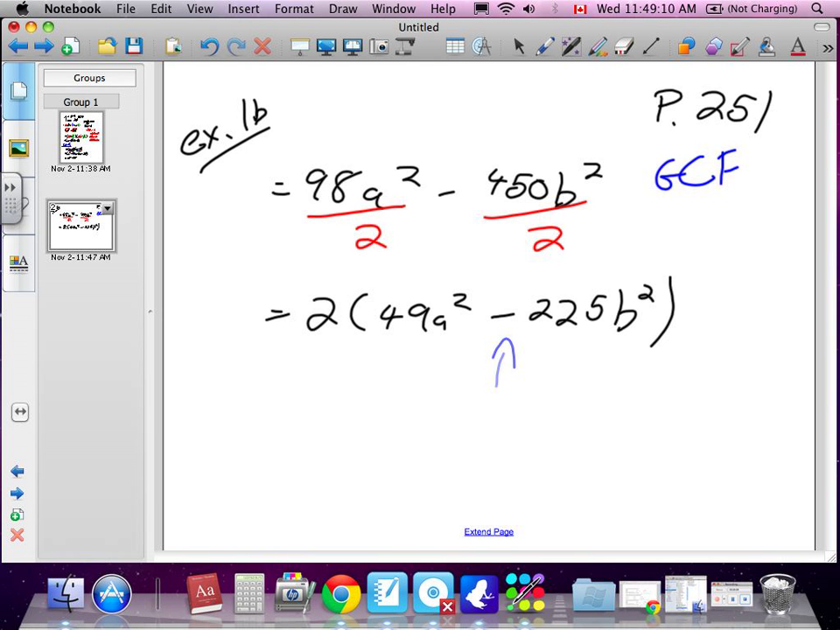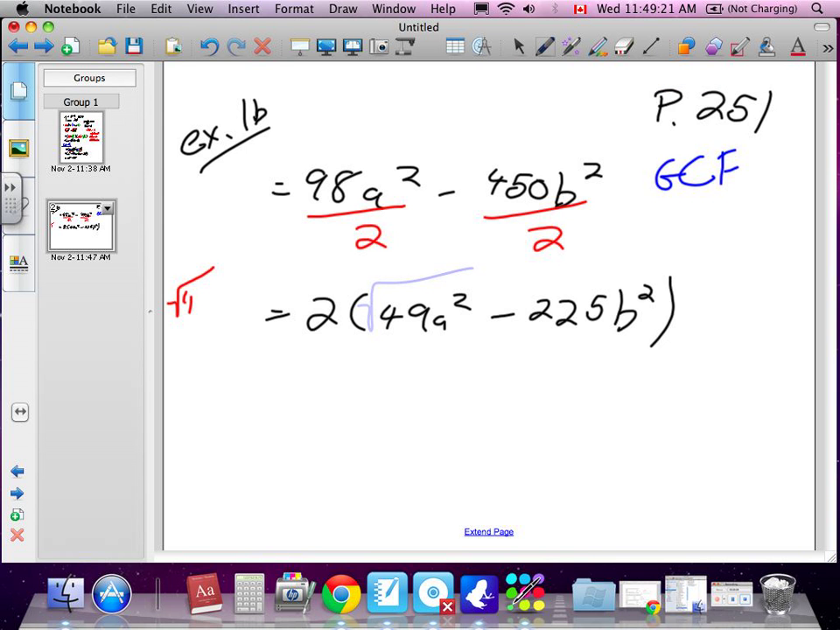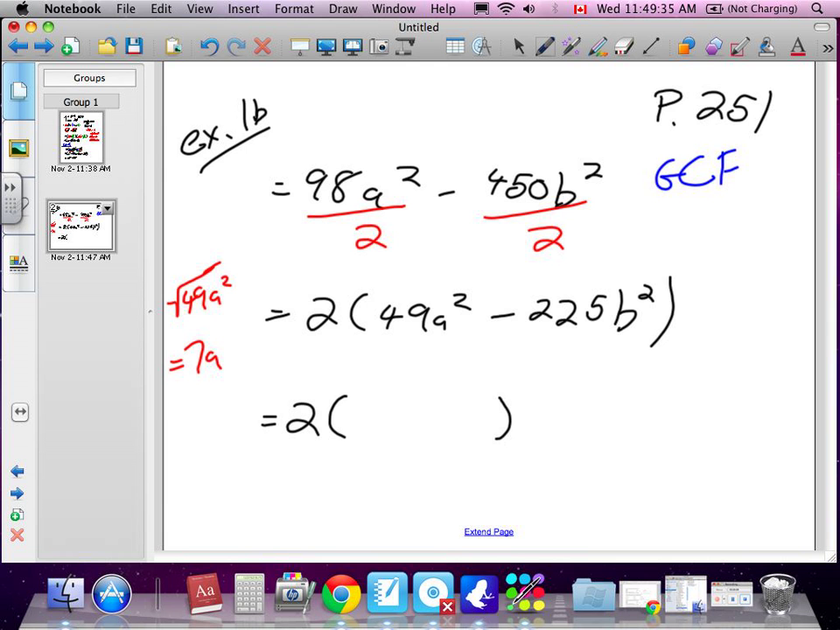Is there a square root of 49a squared? Anyone know what it would be off the top of their head? 7 what? Yes. We're square rooting 49a squared, which means I'm going to need 7a. I have to multiply 7a by 7a to get 49a squared. Does that make sense? Okay. So in our factored brackets, we know our first term is going to be 7a. Now for our last term,